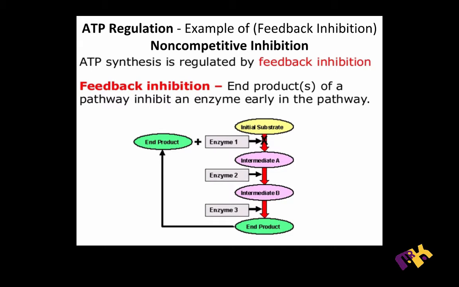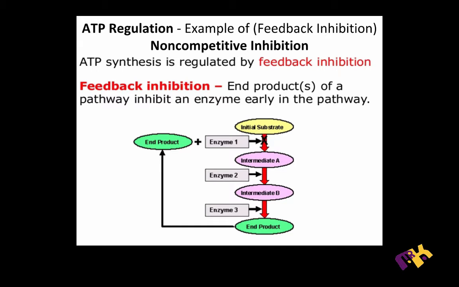Okay, so ATP synthesis: if we have too much ATP, we shut this pathway down in one way by feedback inhibition. Feedback inhibition is a type of non-competitive inhibition. The diagram tries to explain this a little bit, and we'll walk through where this happens in cell respiration briefly. All right, so we have our initial, if this is cell respiration, this could be our simple sugar, and at the end we make ATP. Well, if we make too much,